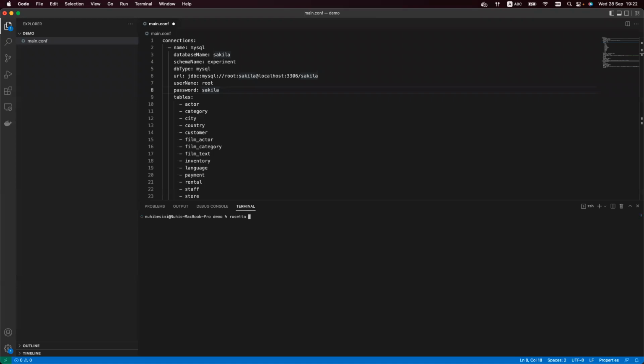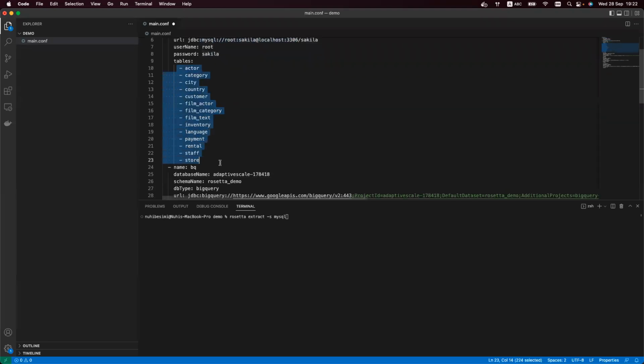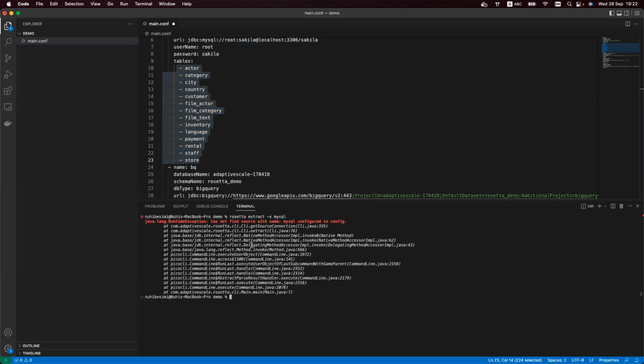The first command is Rosetta extract. We need to specify the source, from where we want to extract. In our case, we are going to extract from MySQL, and this can be enough for us to connect to this MySQL connection, to the Sakila database there, with this username, with this password, and extract in DBML format, in YAML format, all the tables that are listed in the main.conf. This is simple extract, and the goal is just to see the YAML files, the schema of this MySQL that we have here. Cannot find source with name